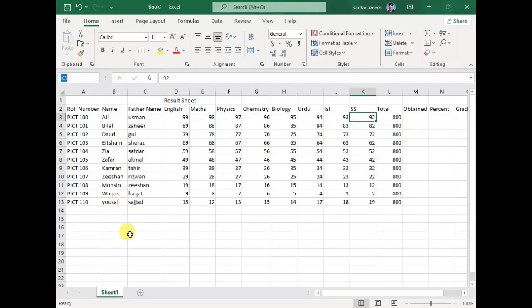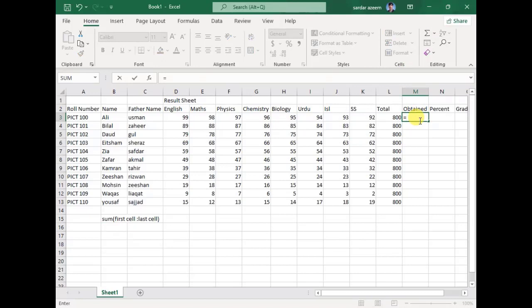You will type is equal to sum bracket start first cell colon last cell and bracket closes. This is not the formula. This is to explain you how to apply the formula. Now I'll apply the formula practically. I'll click here is equal to sum, bracket starts. My first cell was